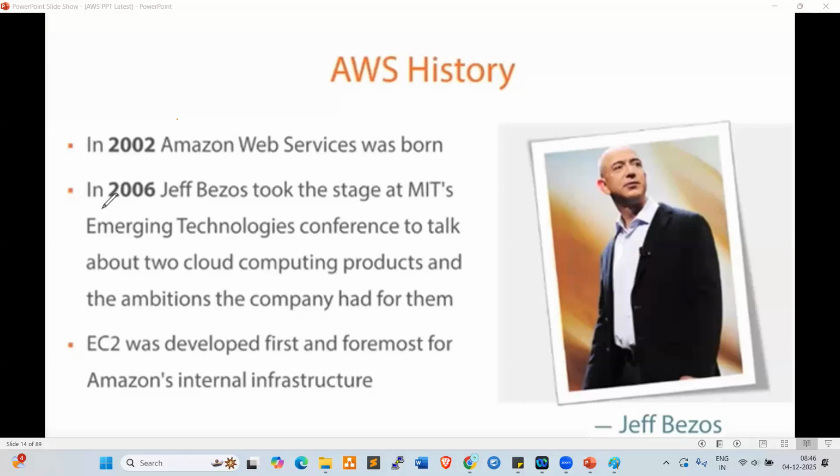If you search in Google, the world's richest man is in second place: Jeff Bezos, the inventor of the AWS cloud platform. AWS occupies 33% of the market share. AWS is the leader in the market, right? Azure is in second place, GCP is in third place. Azure is trying to come to first place, but it is not possible because AWS has very huge data centers, resources, and customers. Fine.